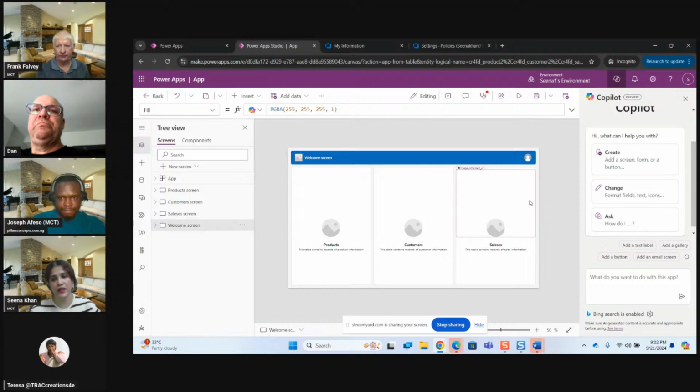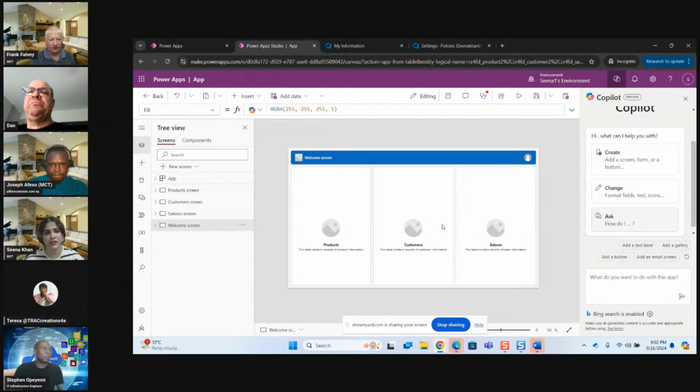I just typed sales, and based on that it automatically created three tables: product, customers, and sales. Then I clicked on save and close, and it will create an application,